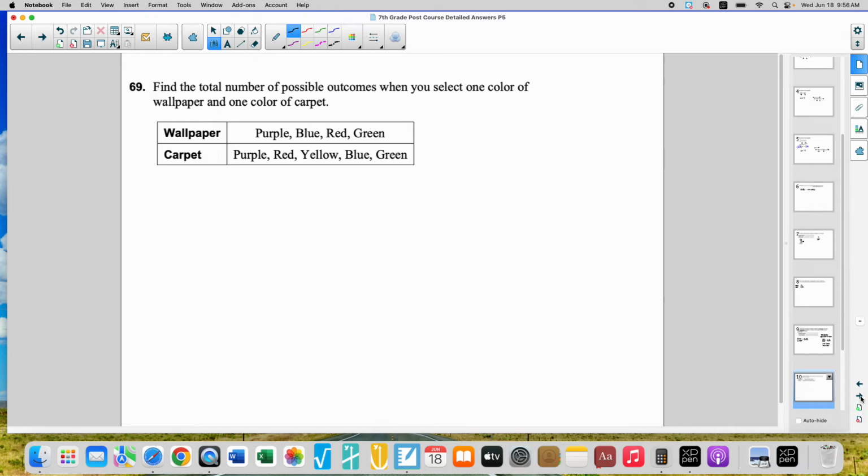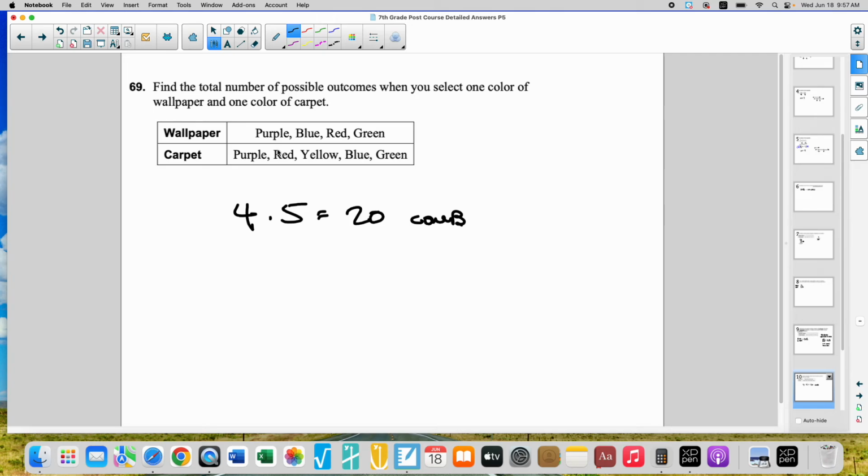Find the total number of possible outcomes when you select one color of wallpaper and one color of carpet. So it's 1, 2, 3, 4. So 4 possibilities times 1, 2, 3, 4, 5 possibilities. So there are 20 combinations. And that's how you find combinations or possible outcomes: you take the number of choices times the number of choices, and there are 20 different